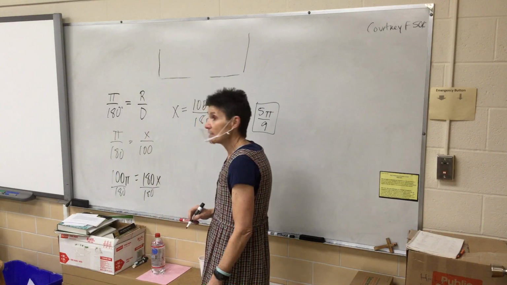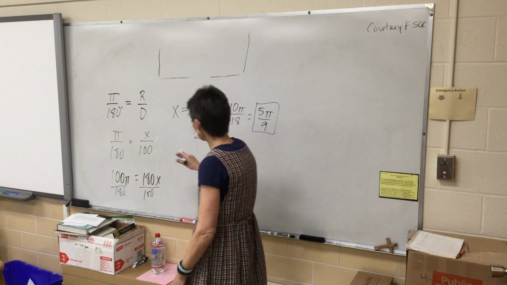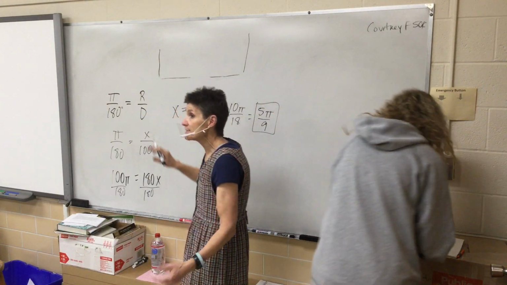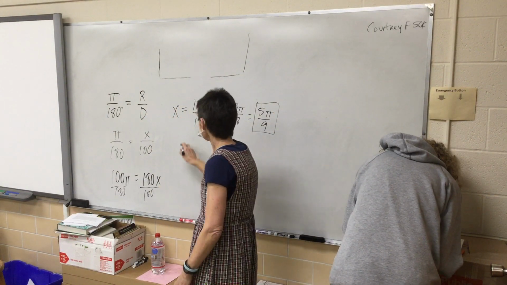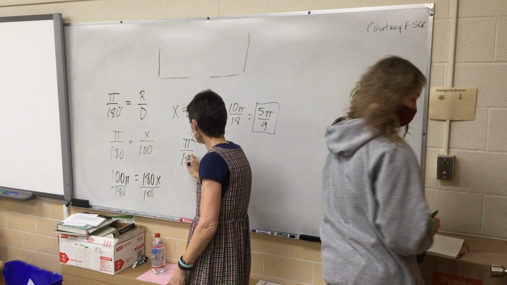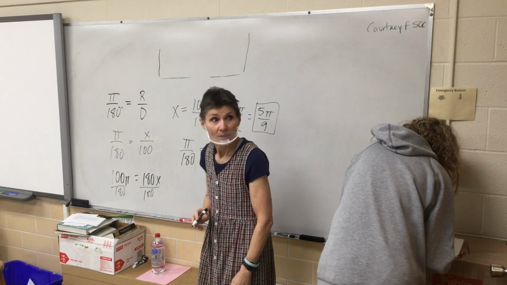Now we're going to do the same thing with negative 60. So we're going to set up exactly the same proportion. So pi over 180 equals,